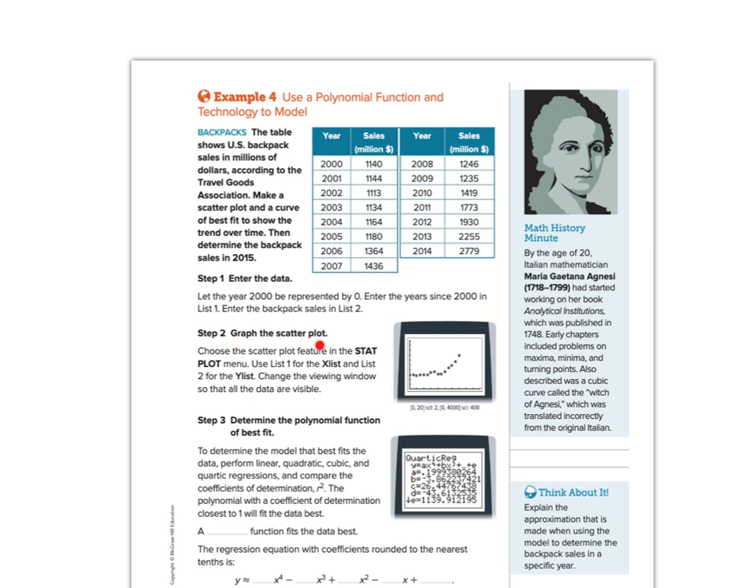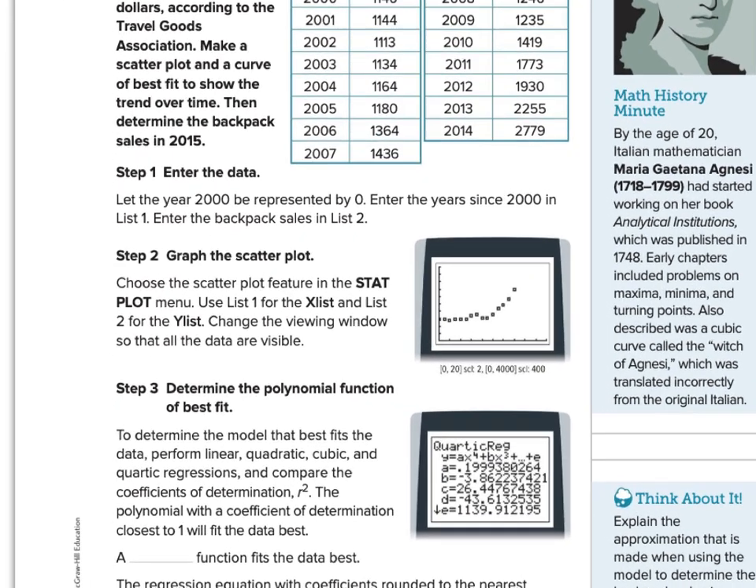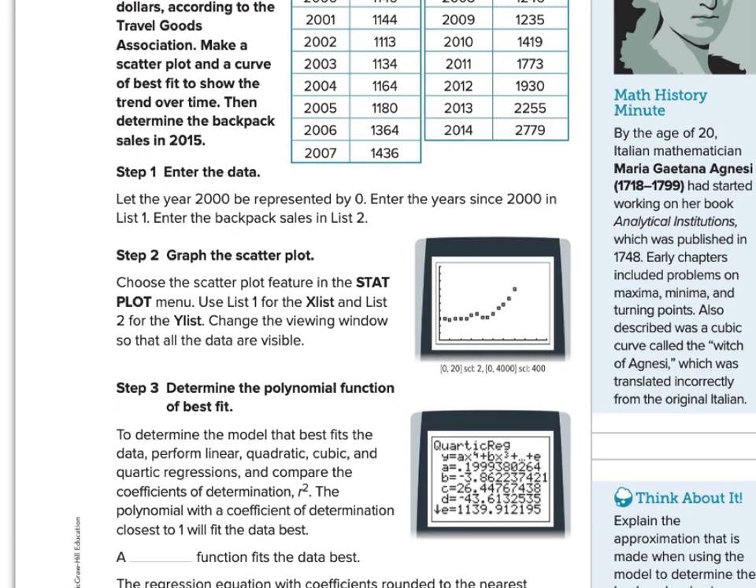Choose the scatter plot and hit stat plot. And then what we're going to do is use list 1 as our X list and list 2 as our Y list. And then we can change our viewing window to where it's a little bit better for us. And looking at this graph as we look at our scatter plot,